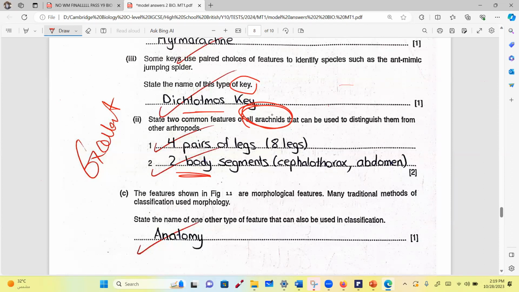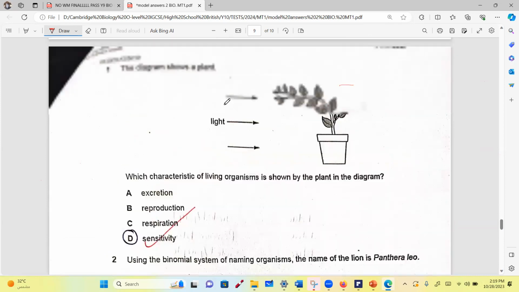So you did not know the answer because you did not study, period, because you forgot, because we definitely mentioned this in class. Miss, if I said they don't have wings.